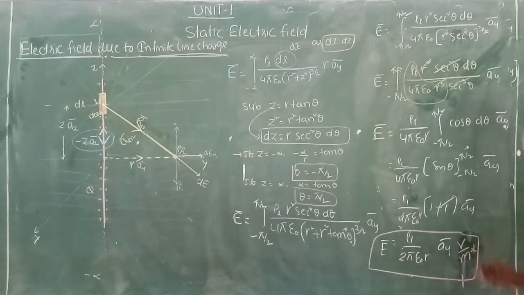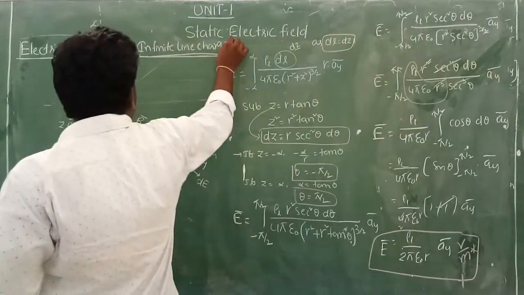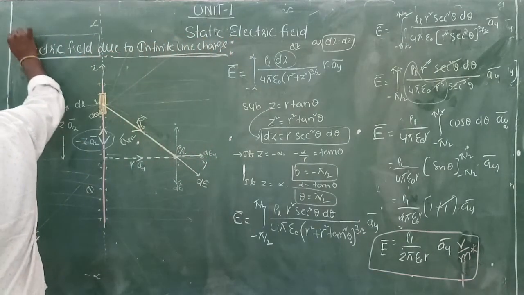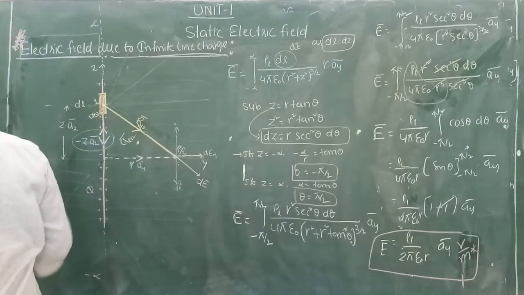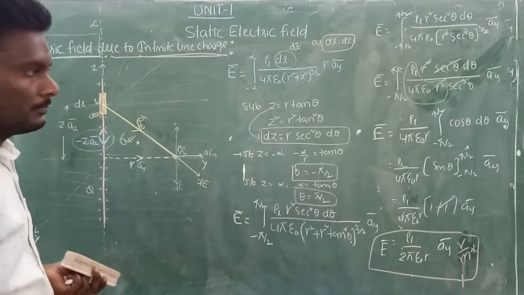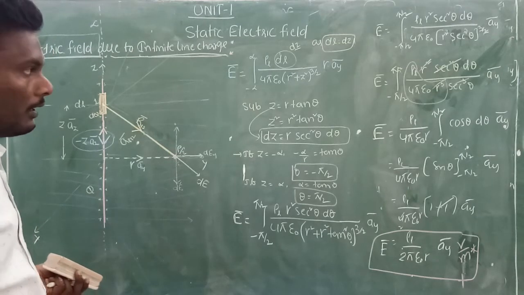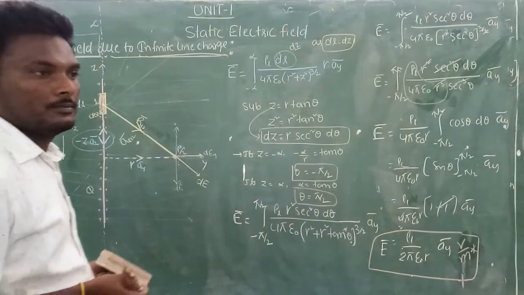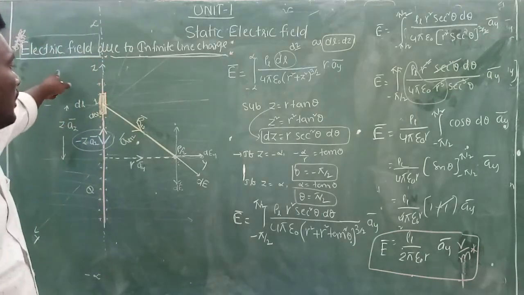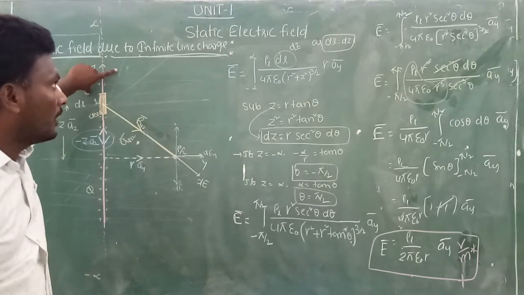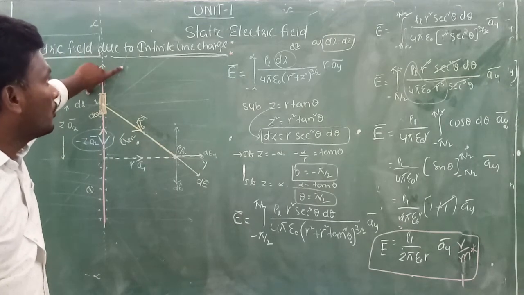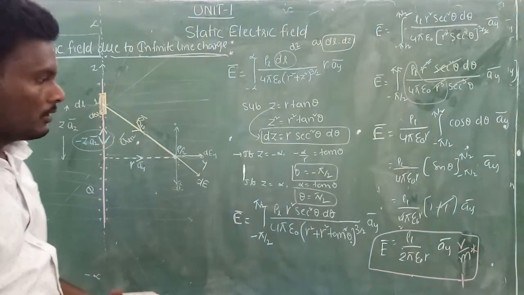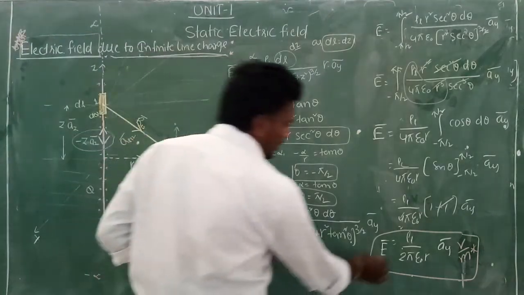Limits are very important, and this question is also very important. It is a repeated question in your JEE examinations. Based on this question only, we will get different types of questions. You may get the direct question, or he may also ask this question indirectly, using this title, electric field intensity due to infinite line charge, he may ask the electric field due to finite line charge also. He'll try. Okay. So now the general expression.